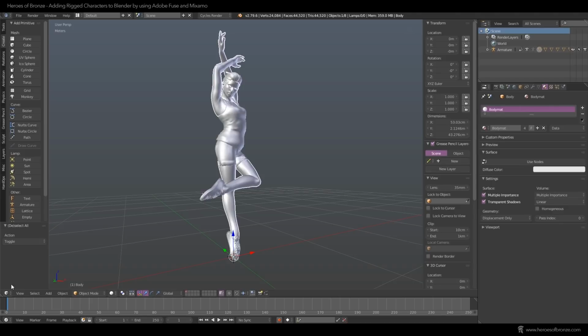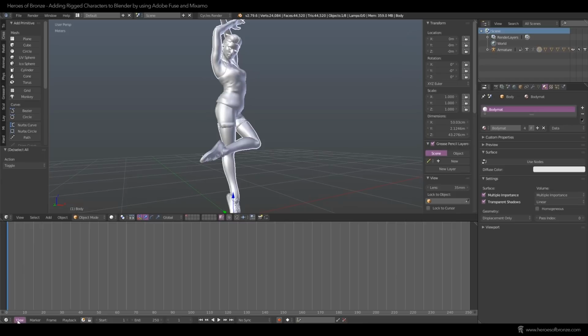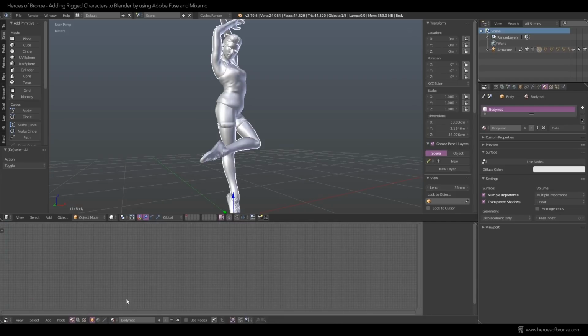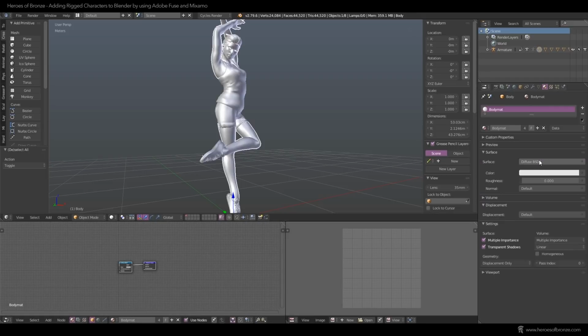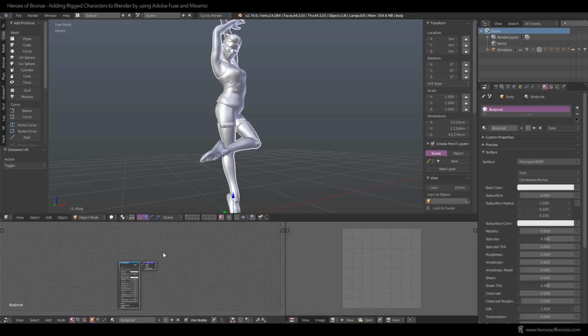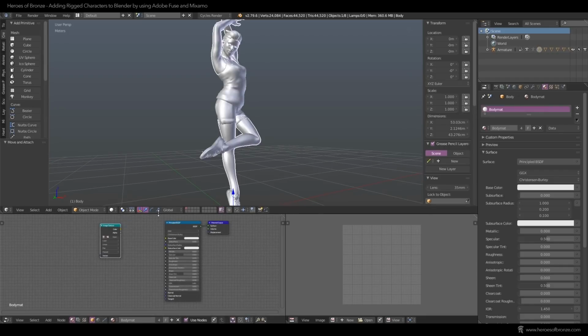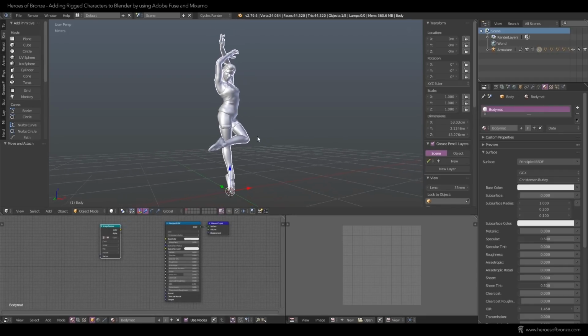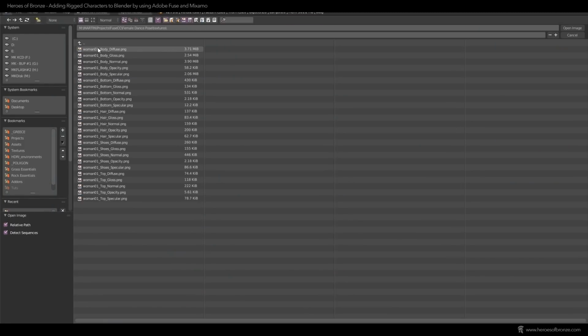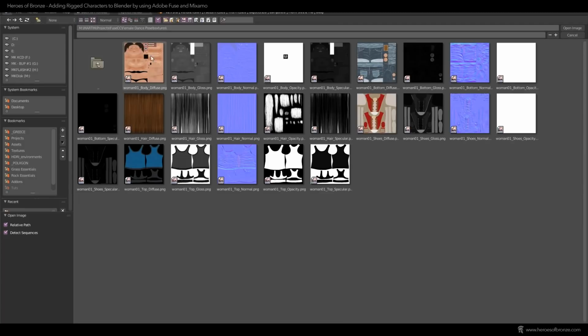So now add a node editor and let's start with the body material, which is the skin of our character. Since I'll be using the principled BSDF shader for all my meshes, let's go in, hit use nodes and choose it from the list. Now to start plugging in image textures, hit Shift A in the node editor window and type in image texture. This gives you a node where you put one of your downloaded textures into. Just connect it with the color node, hit open and find the texture folder on your hard drive. Here, since we were plugging in the color node, choose the body diffuse image.